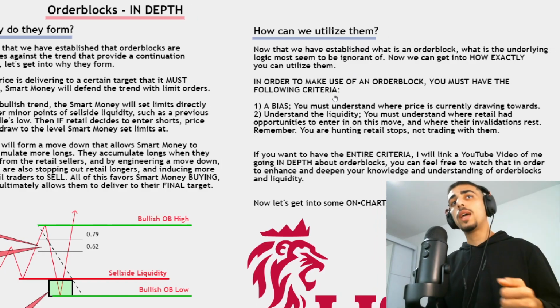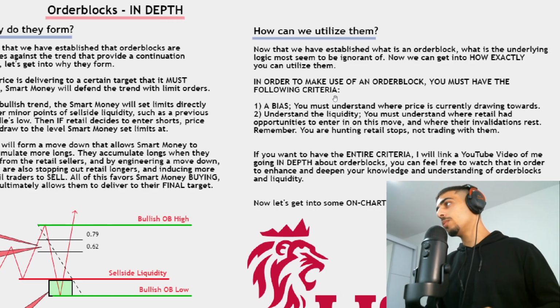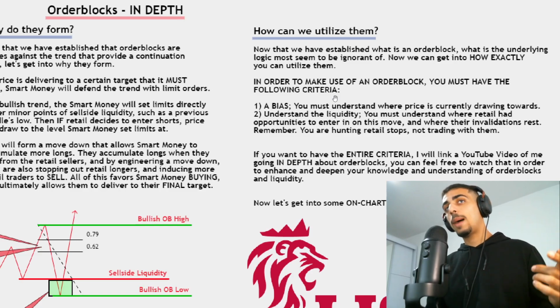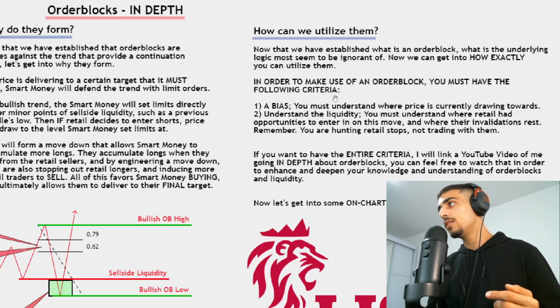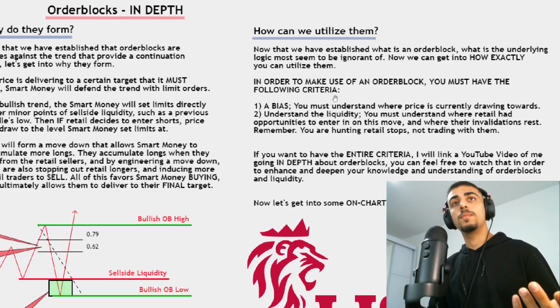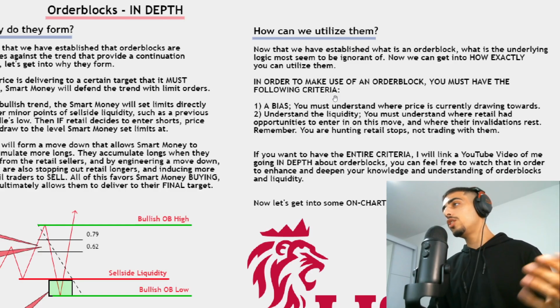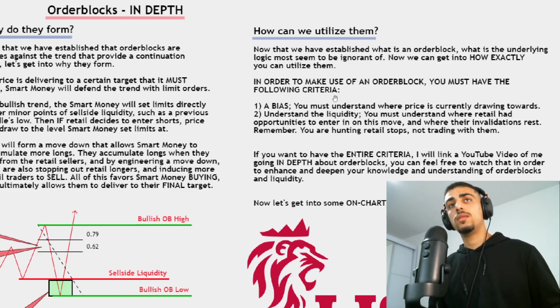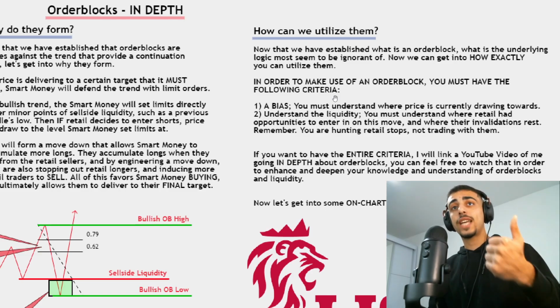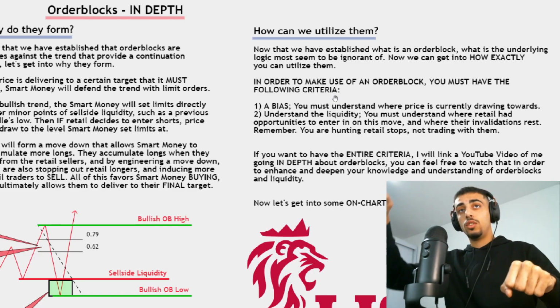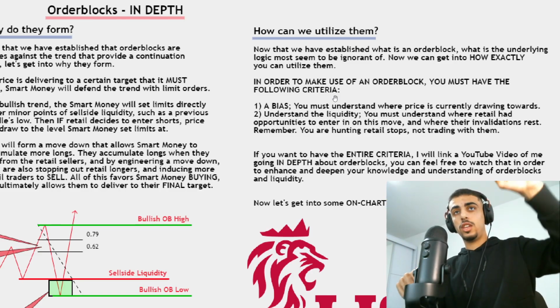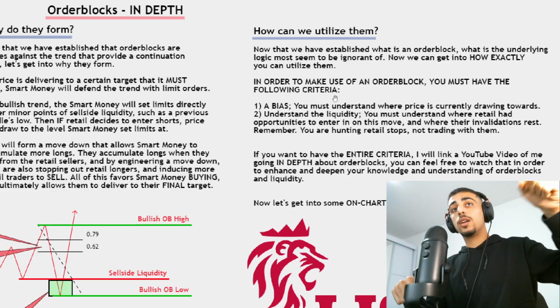So now that we have established what an order block is, we also established the underlying logic that most people seem to be completely ignorant of. Now we can get into how exactly you can utilize them. In order to make use of an order block, you must have the following criteria. One, you need to have a bias. You need to understand where price is going, right? So if I think price is going from here to here, then I'm going to look for bullish